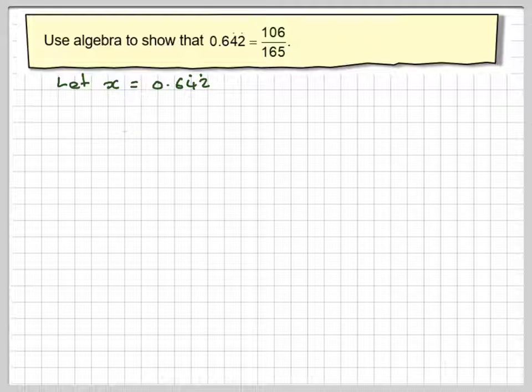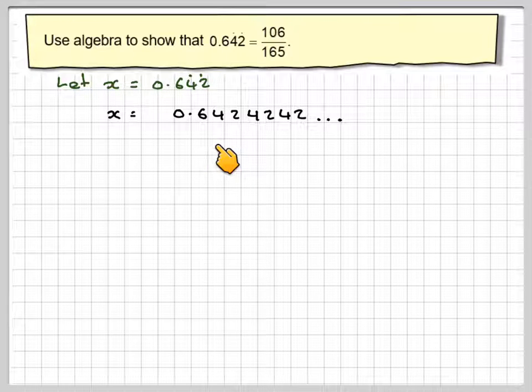What you do is you let x be equal to 0.642 recurring. So that means that x is equal to 0.642, 42, 42 forevermore. Now what you need to do, first of all, because we just want the recurring bit this side of the decimal point, is multiply it by 10. So 10x will give me